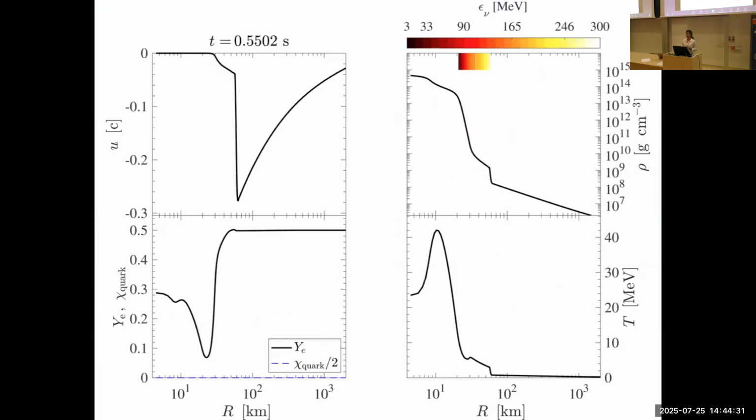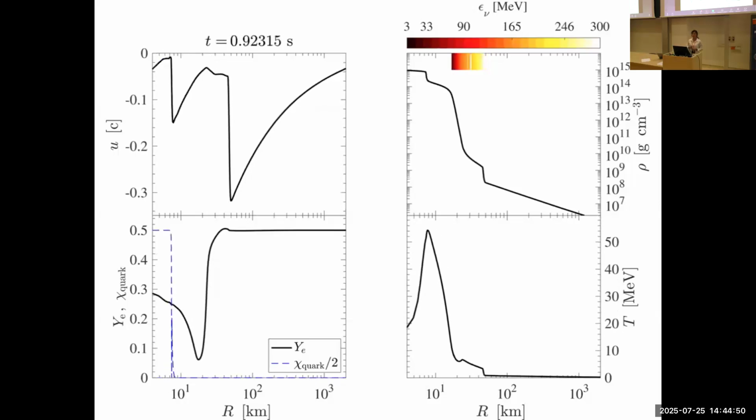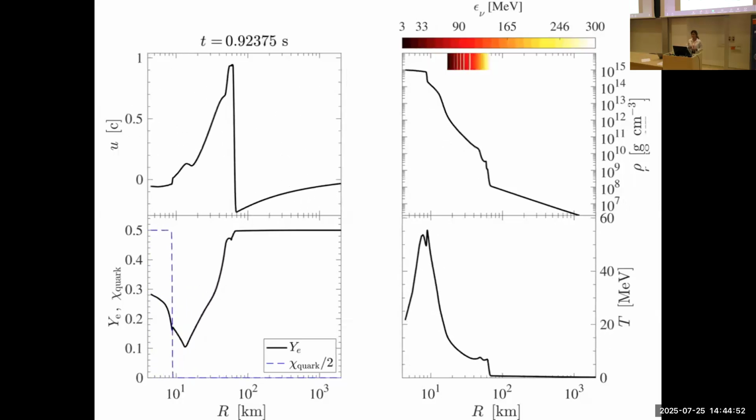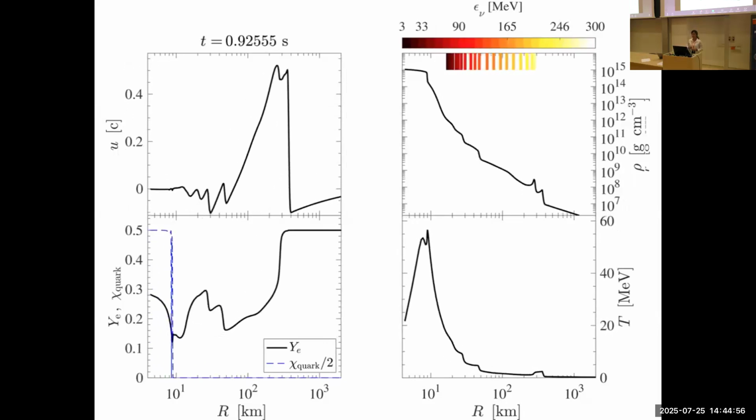In this case, I'm showing you results from a simulation that is spherically symmetric, but we are treating the transport with Boltzmann transport. Now, what happens if you have the input of an equation of state that goes through a first-order QCD phase transition? As you can see in this movie, the matter velocity shows that there will be a collapse after the shock stalled, and this collapse makes a